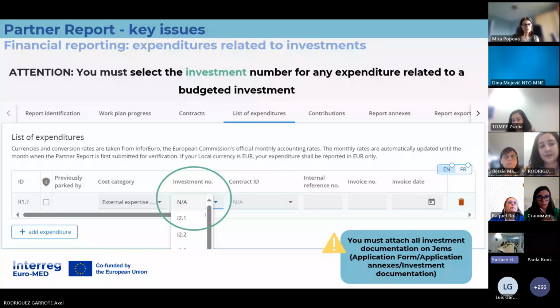So this slide concerns only the test project of this second call, but it's important to say that every expenditure which is related to an investment, you should select the investment in the drop-down menu of the list of expenditures in GEMS. So the investment number which appears is the same that you filled in the work package section. So please be aware.